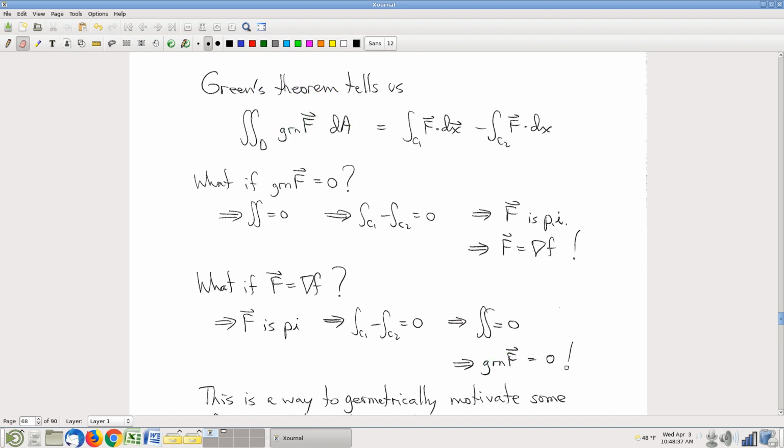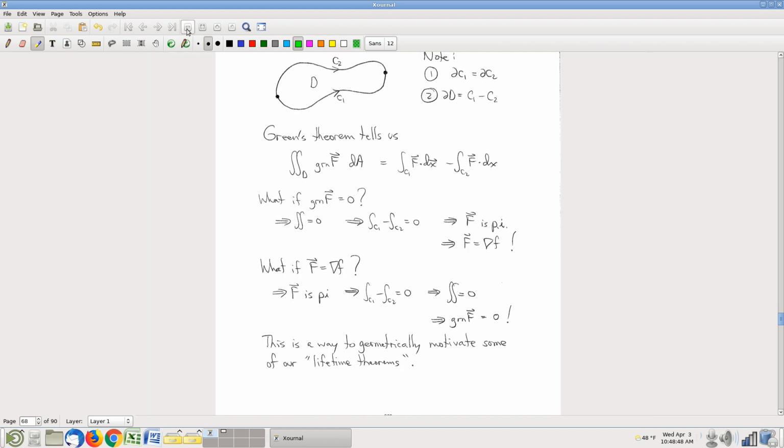So this argues the other way around. If you have a gradient, then Green's operator is equal to 0. So this is, like I say, a geometric perspective on